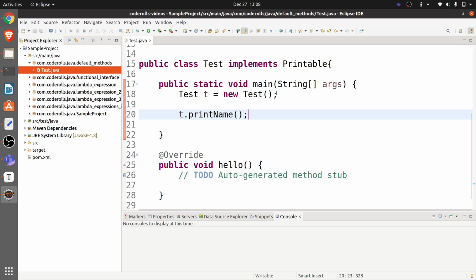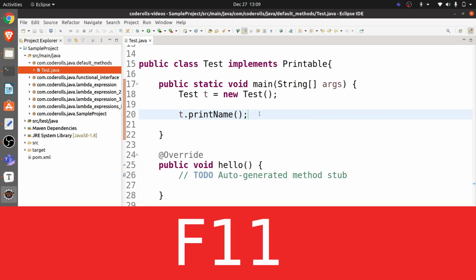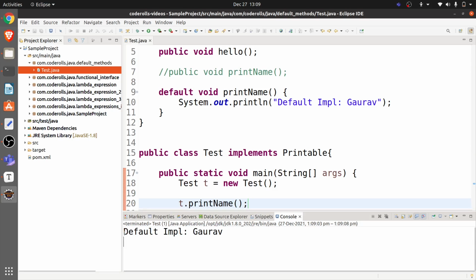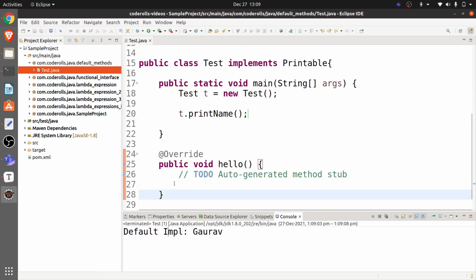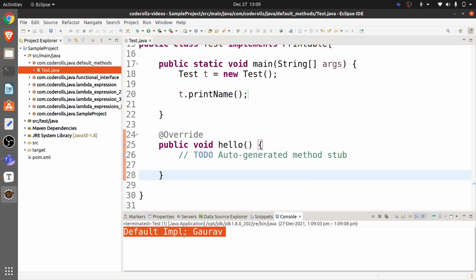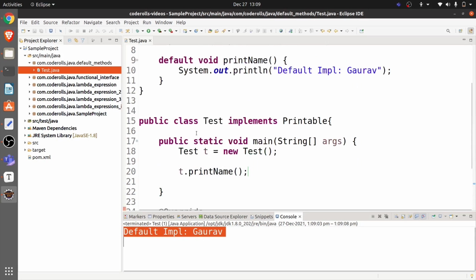I will save and I will run it by pressing F11. Now this is the default implementation that we have provided in the interface itself, and also you can see that we have not provided the custom implementation in the test class yet, still we are able to use the default implementation provided in the interface.